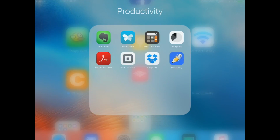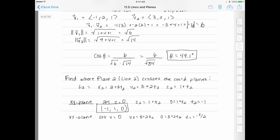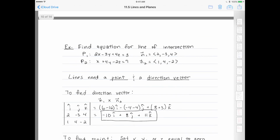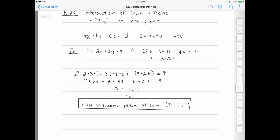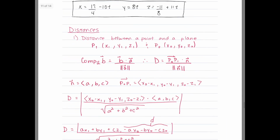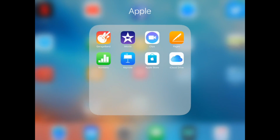So now if I open up iCloud Drive, you'll be able to see that the note is saved as a PDF, right? And the width stays in an 8.5 by 11 dimension. So that's really, really useful if I ever need to print my notes. It just makes it really easy to print this way. So that alone has made me switch from OneNote to Notability, without even thinking about it, because it's just